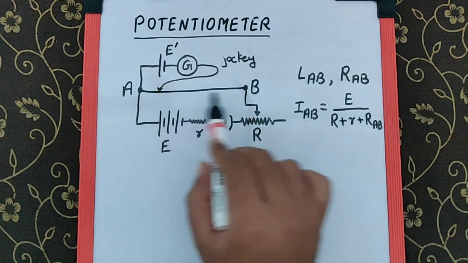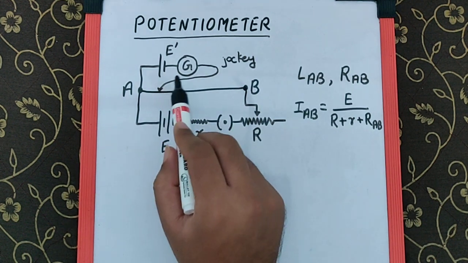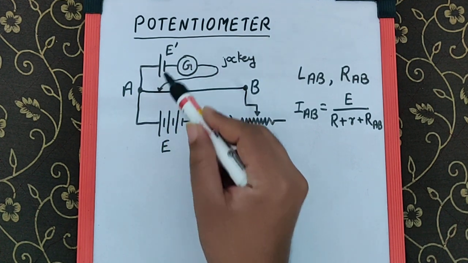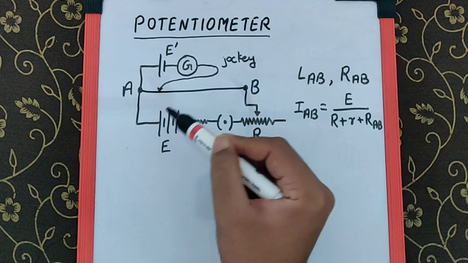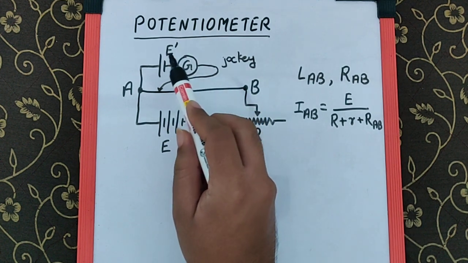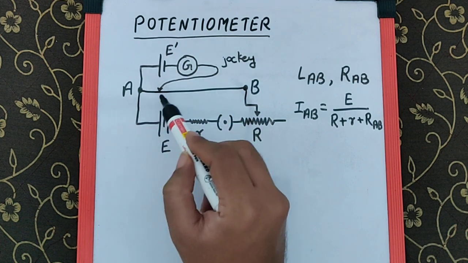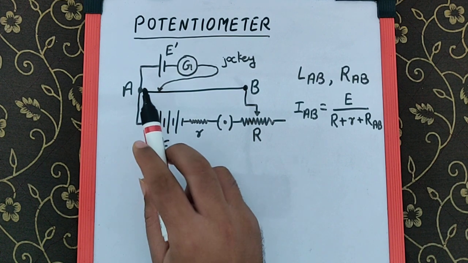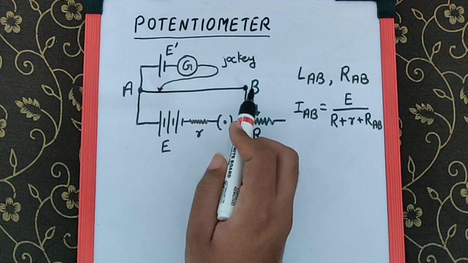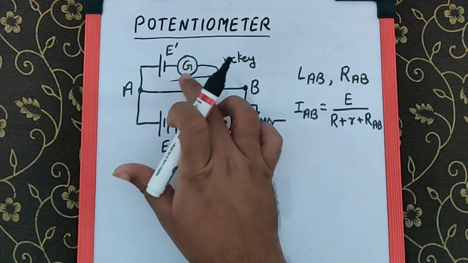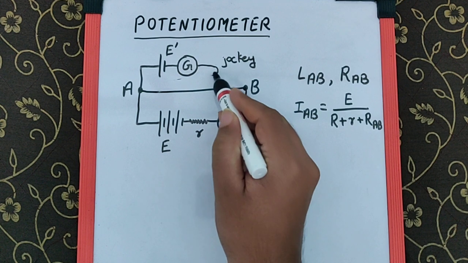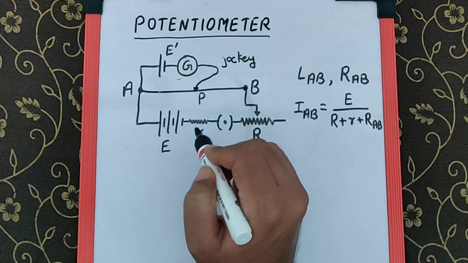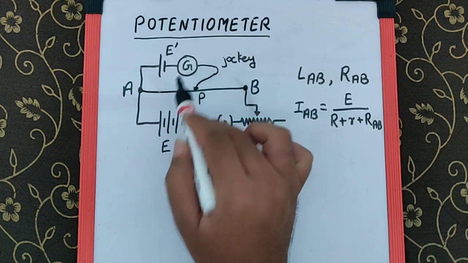Please remember, this circuit is the main circuit. This is the extra circuit we have connected. Now since the current is flowing through this, it means both the cells are opposing each other, but not enough that this cell cannot pass any current through this circuit. For that, we have to change the position of this jockey by tapping it from all the points from A to B. Now when we do that, let's say at some point we reach and we mark, when we touch the jockey at this point, let's call this point P, we see no deflection in the galvanometer.